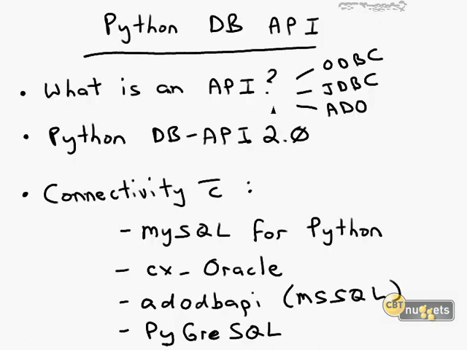Let's get to work. Now, when we talk about connecting disparate systems, for instance, a Python script to a relational database management system, this involves talk of some kind of connector or translator or interface between those two systems. An API addresses this need. API stands for Application Programming Interface, and we can draw an analogy to human-computer